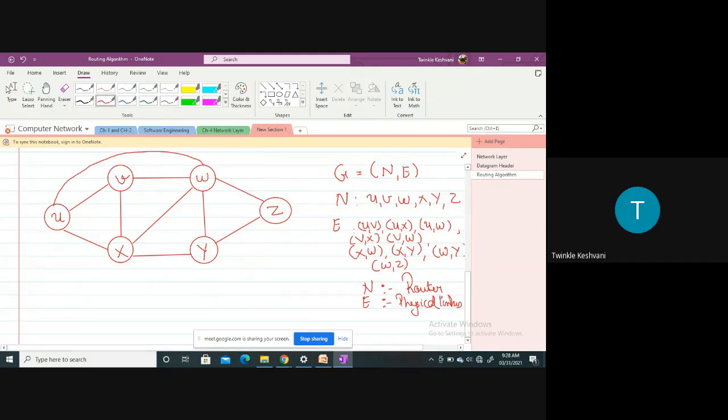Right? Now, one more thing that needs to be introduced over here. Now, sometimes it happens that a value is given to these links. यहाँ पे edges पे कोई value दी जाती है, so उसको क्या बोला जाता है? We can say it's a cost, or we can say it's a weight, right? Or we can say it's the distance between the two routers, right? Now let's say that if I give the cost to all the links, how can we compute that this is the best path? So we can say based on the weight or based on the cost given between the two routers. So let me just give the cost, or we can say the weight.